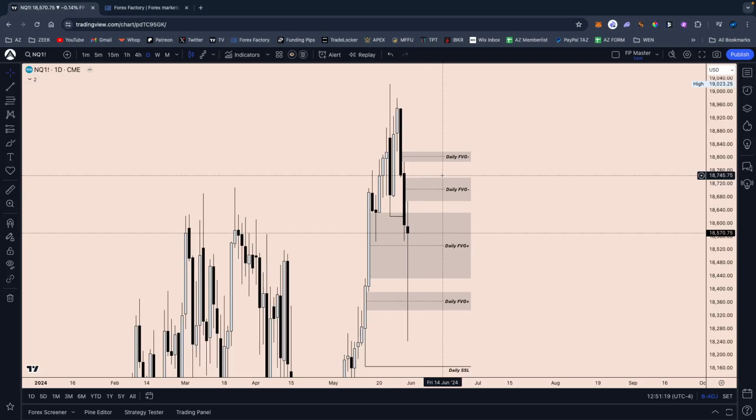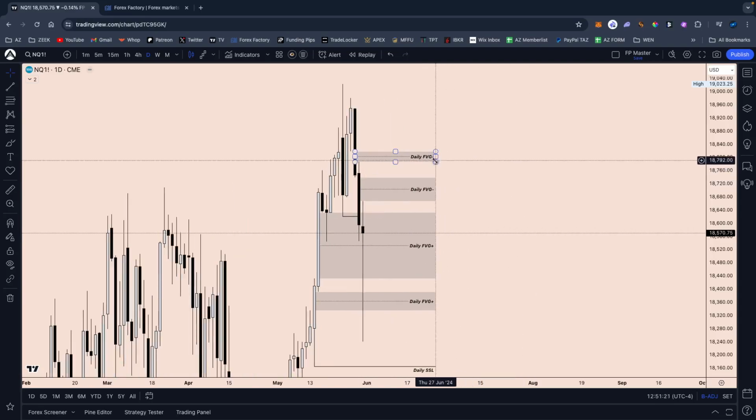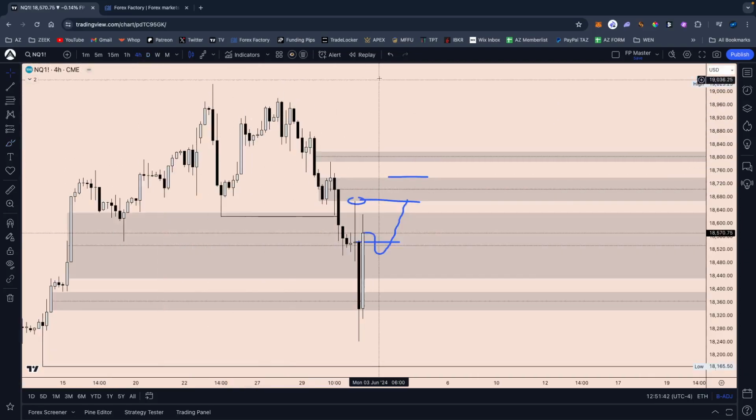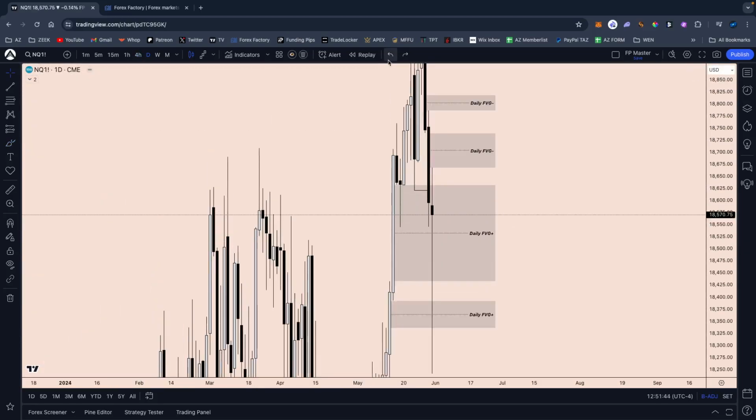If we see the daily close above, we could target the next bearish daily fair value gap, and depending on how we react here, we could run into sell side. Like I said, there are infinite possibilities. We're just looking for a little bit of volatility, but given the fact that we had a bullish 4-hour engulfing,